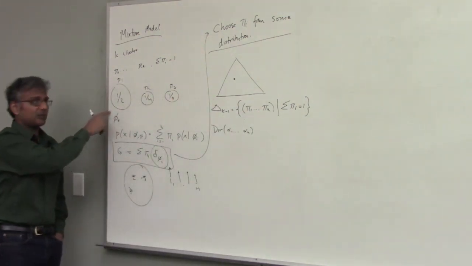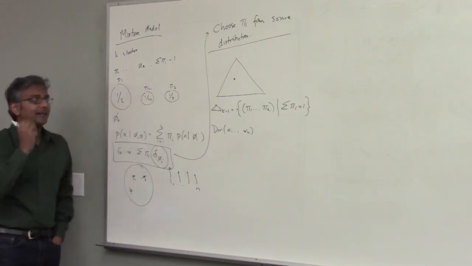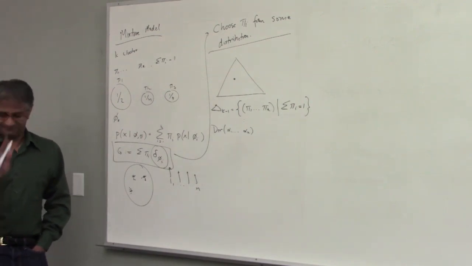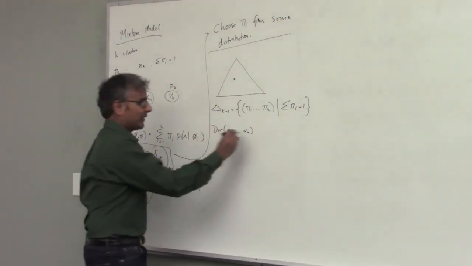Right? So pi 1 is half. Pi 2 is a 1/4. Combined pi, basically, pi is the whole thing. Okay. Good. And so, like I said, you can write this out now.